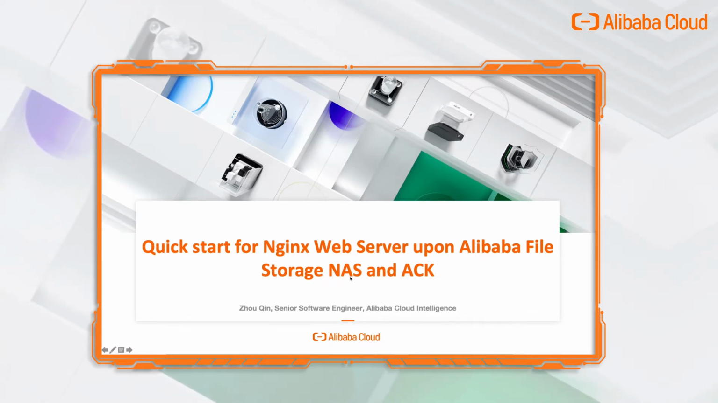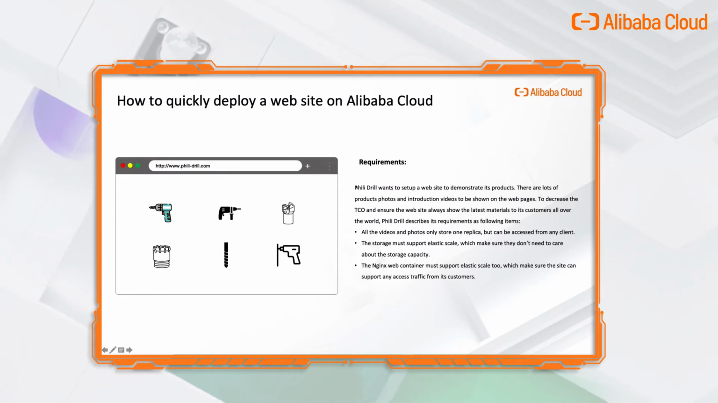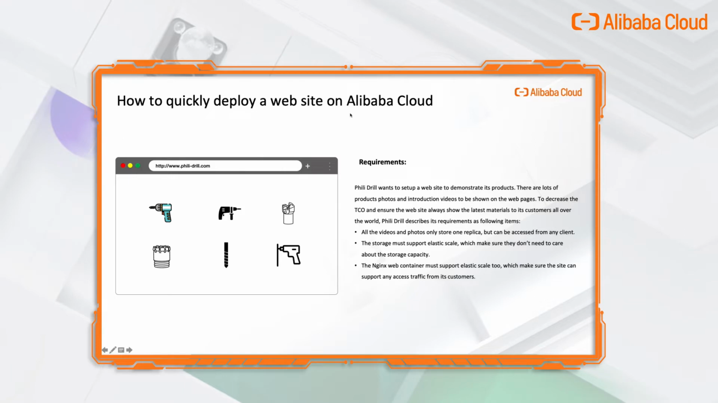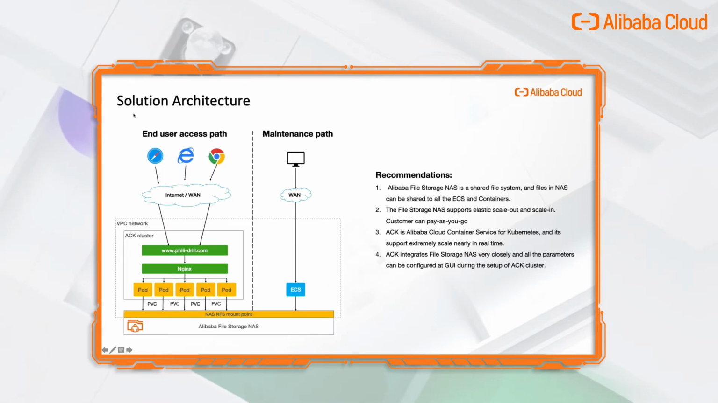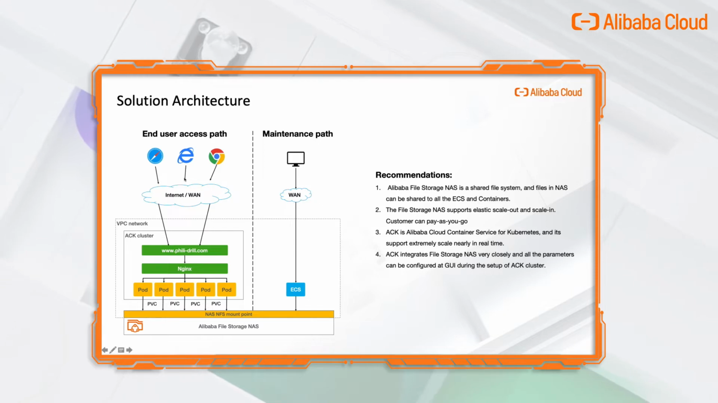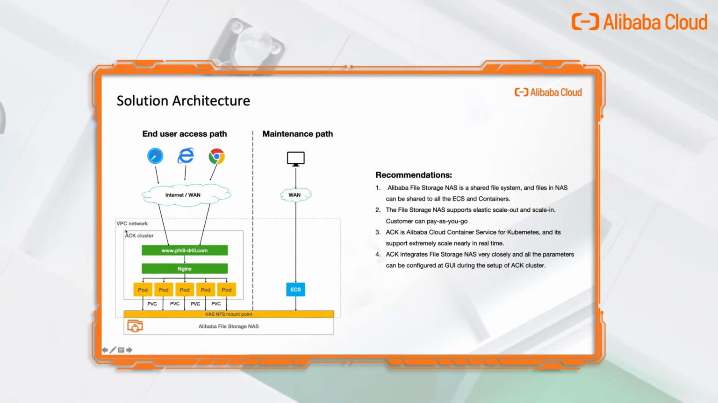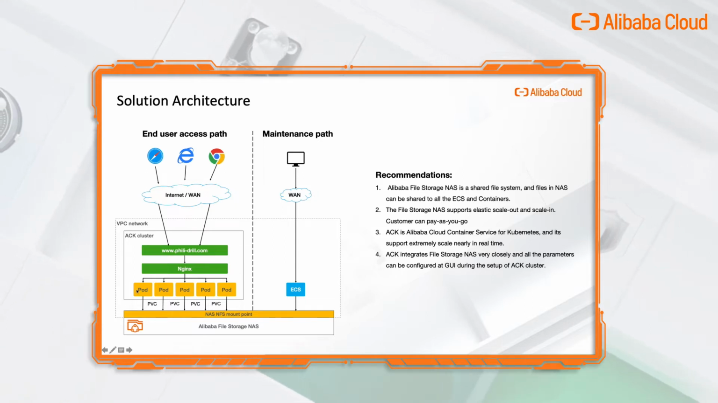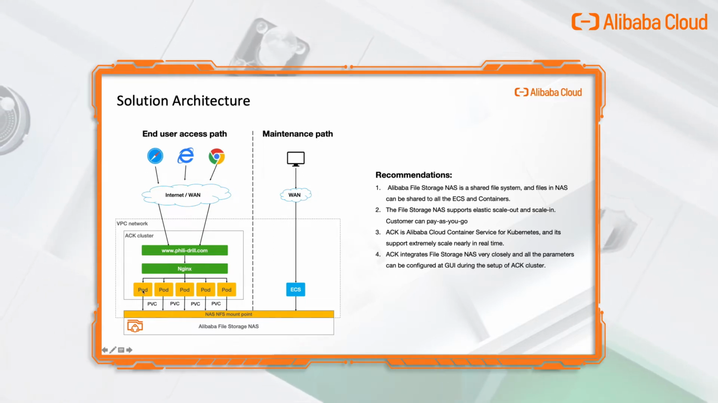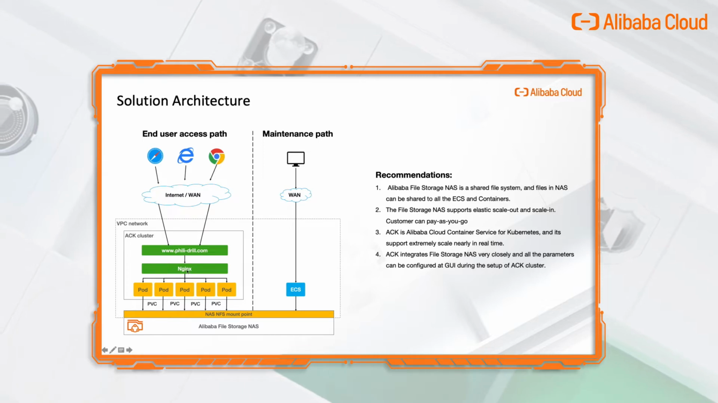So let's get started. The idea of this topic is pretty simple. We deploy a website on Alibaba Cloud. We can look at this solution architecture. To deploy a website onto Alibaba Cloud, we need to have a VPC network. And then inside the VPC, we create an ACK cluster, which hosts a bunch of container pods, and inside which we